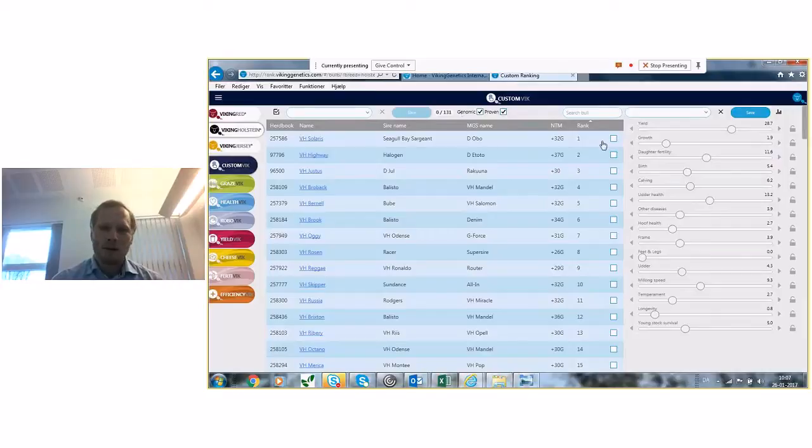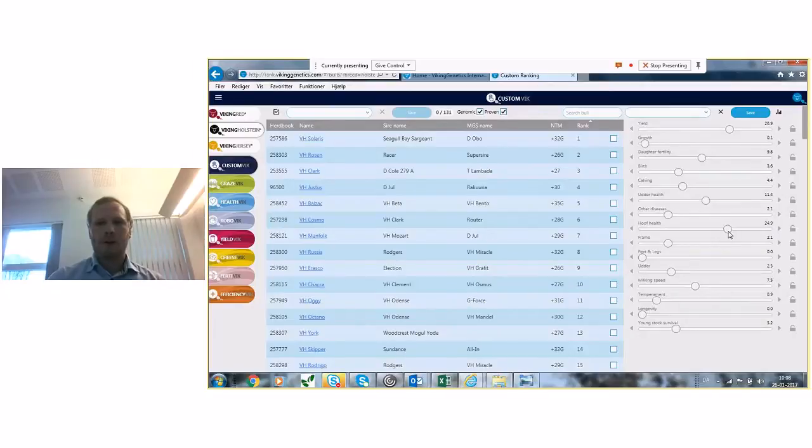So we start over here, and you can see the different weights on the different traits. This farmer, for example, would like to have more focus on health, so on hoof health here. So we put 25%, and if you look at the bulls, you can see a re-rank. Now I just put more pressure on hoof health, up to 25, and then Solaris compared to Highways is number 1 now. And if I want to let the weight stay on hoof health at 25%, I just lock it.